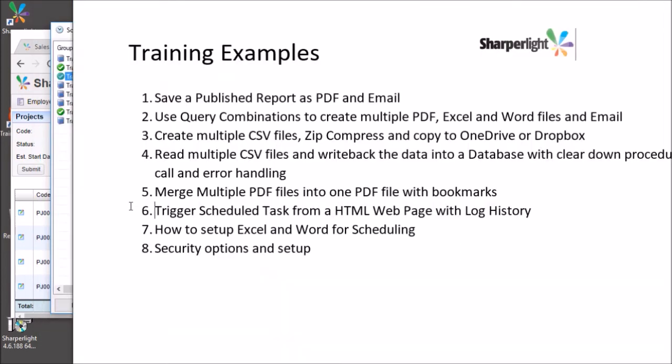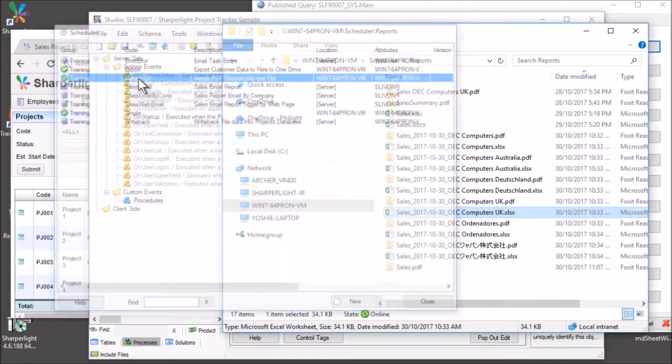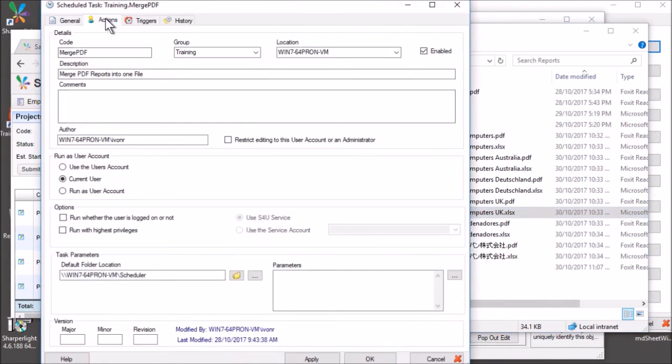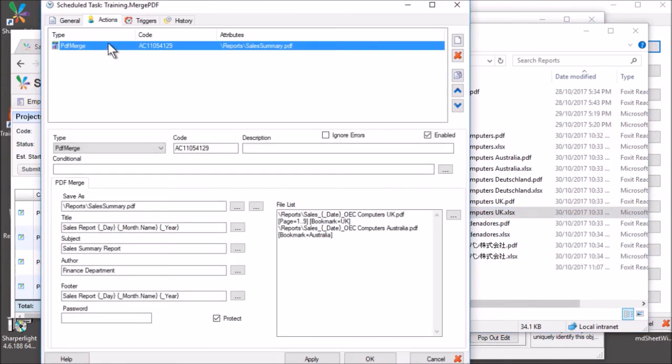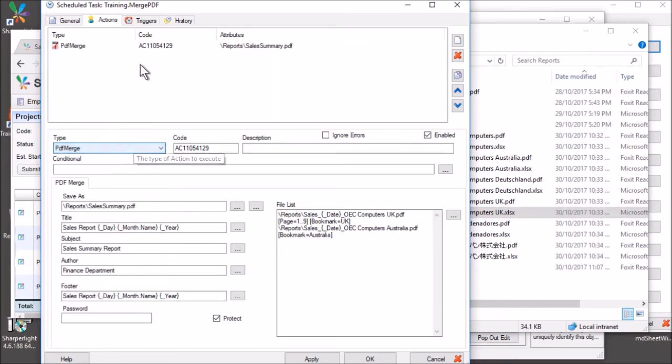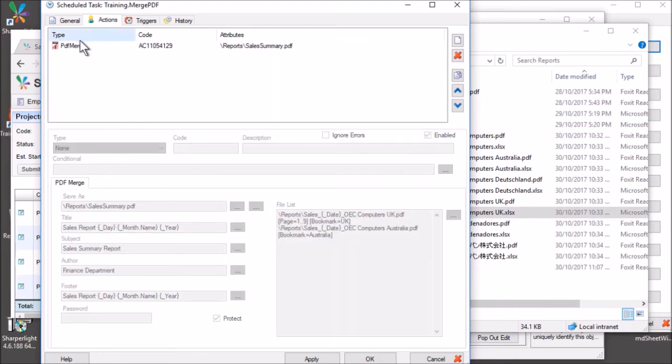Okay, we're ready to move on to the next example that shows how we can use actions to create multiple reports, save them as PDF, and in the final step combine them as one single PDF file with bookmarks. Here's the example called merge PDF, and you can see I've only got one action in the list, which is PDF merge, but normally what you would have is a series of actions that would build up the files before